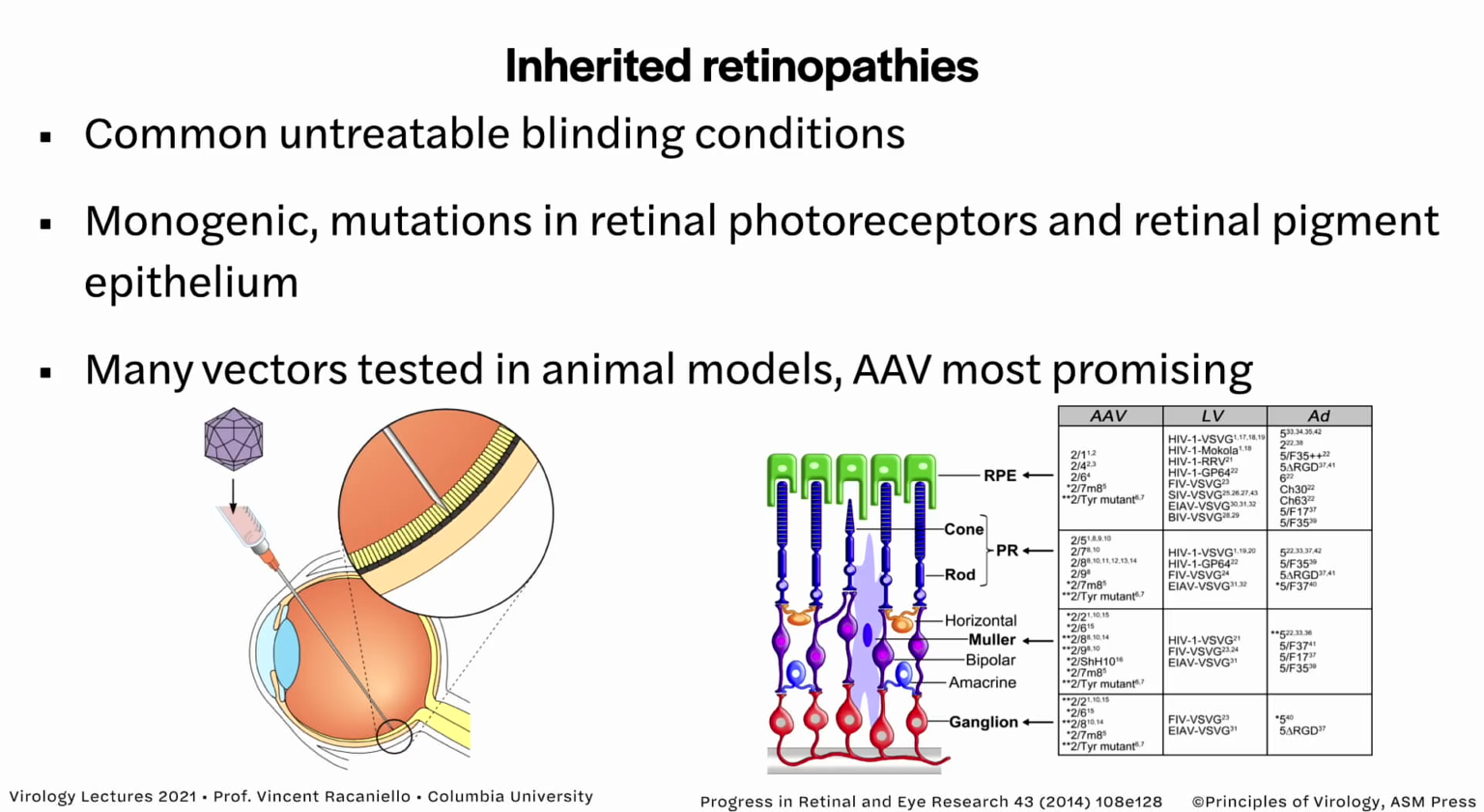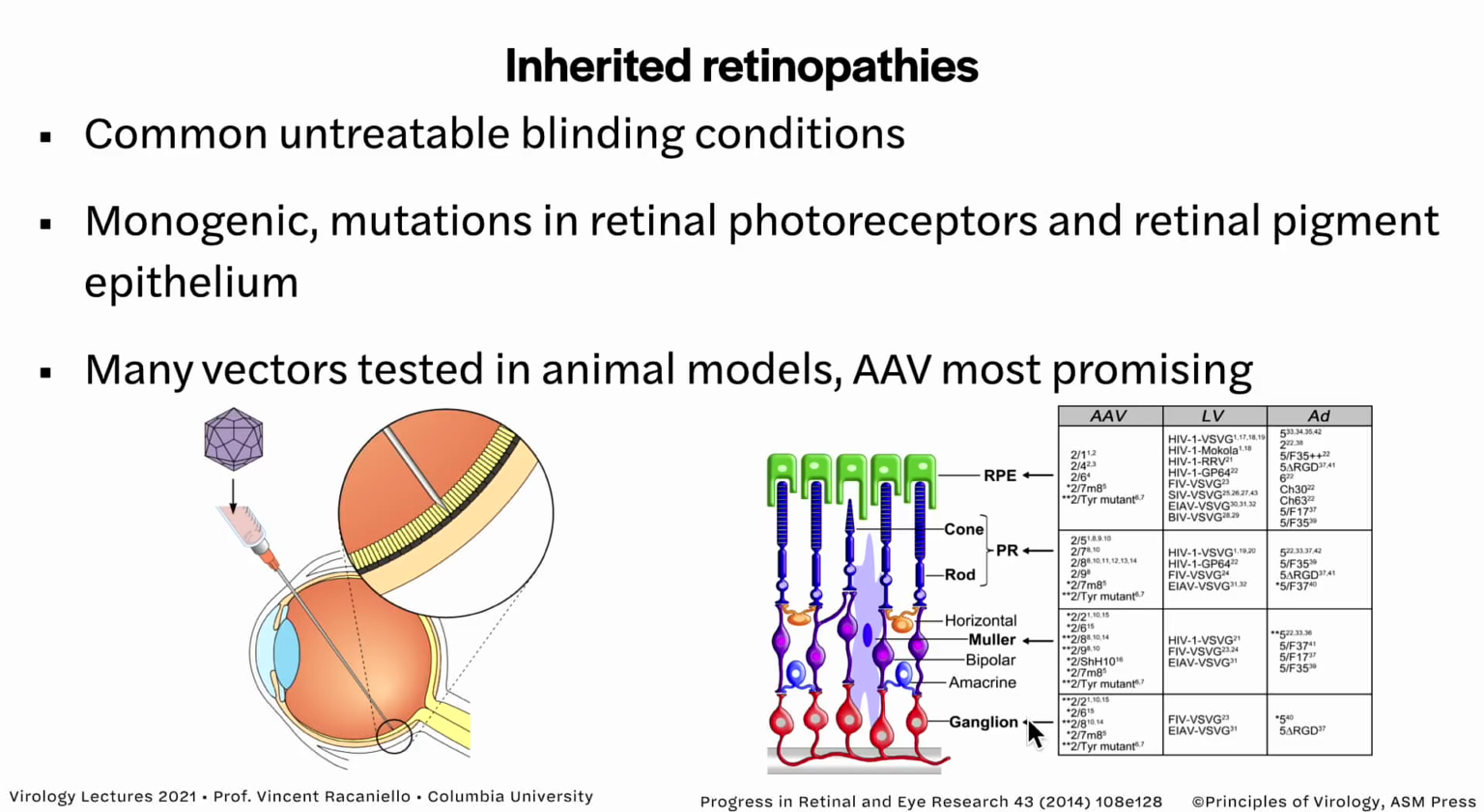Right now, other examples of success are inherited retinopathies. These are common untreatable blinding conditions. They involve single mutations in all the cells that are needed to see, like the retinal pigment epithelium, the cones and the rods, the nerves. And in these, there can be defects in many different genes. In each of these 4 different arrows, genes in different cell types can be defective and lead to